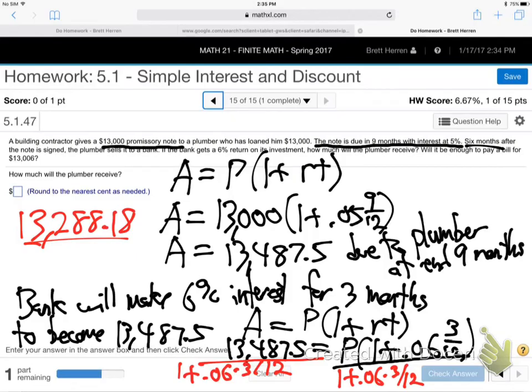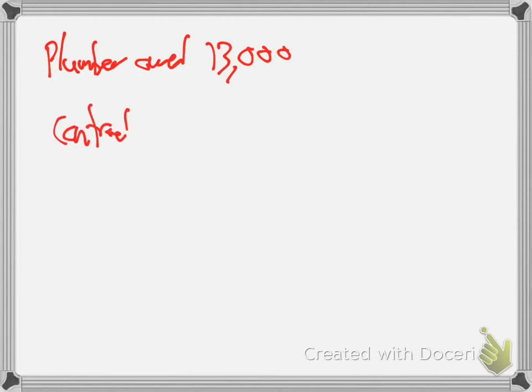It was 13,000. Okay, so the way the timeline worked is the plumber was owed $13,000, right? He finished the work, boom, $13,000 is due him the minute he finishes his labor. He did his work, the contractor is supposed to pay him $13,000. Rather than use his name, just say, in 9 months, the plumber